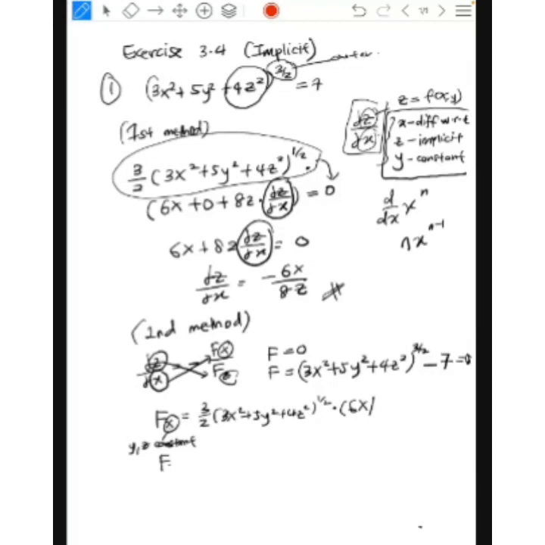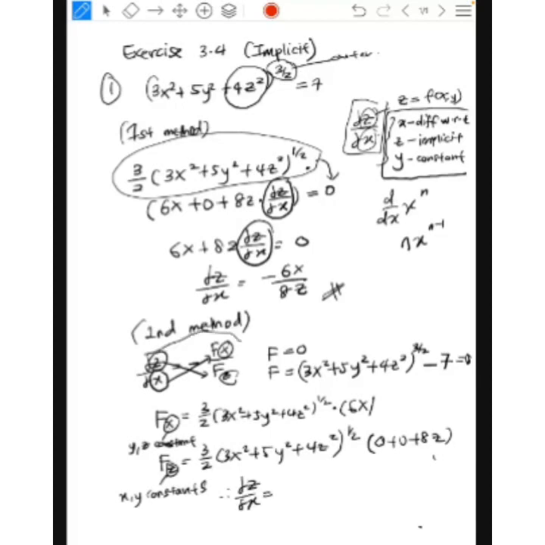And then fz also 3 over 2, 3x squared plus 5y squared plus 4z squared to the power of 1 over 2. And then differentiate the bracket, whatever is in the bracket with respect to z. Now the x and y are constant. So 0 plus another 0 plus x. Okay, so your answer,